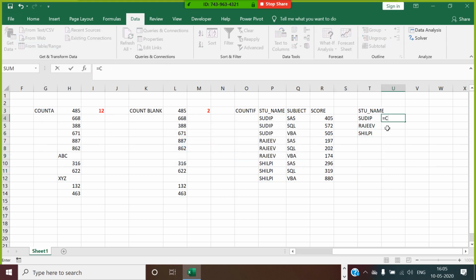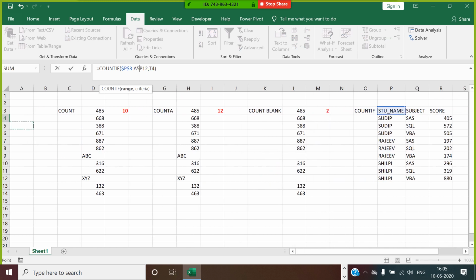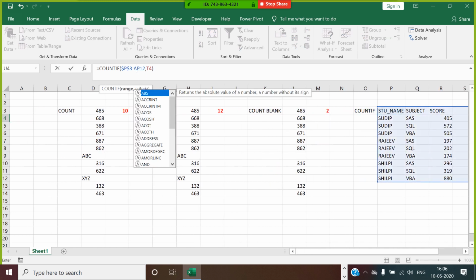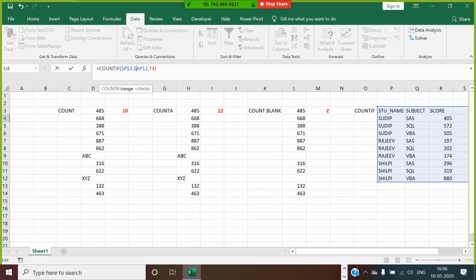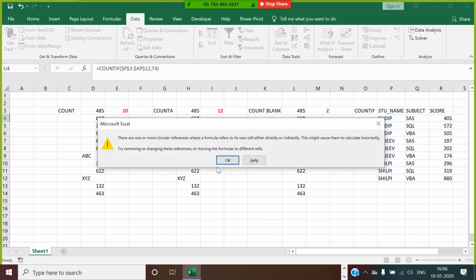I want to get count if the range is this, the criteria is Sudeep. What is happening here? It is giving me Sudeep is 3 times. So this is constant guys. I just make it as constant here, which is not going to change.